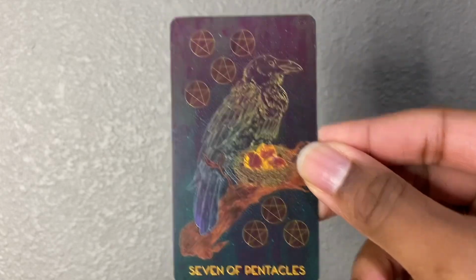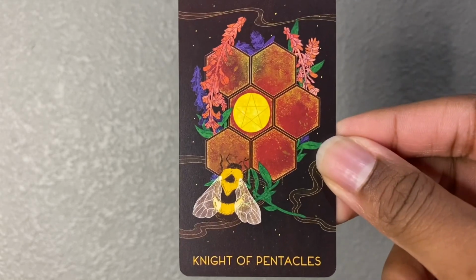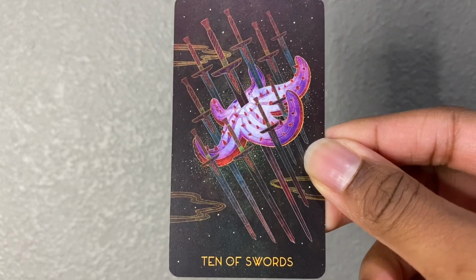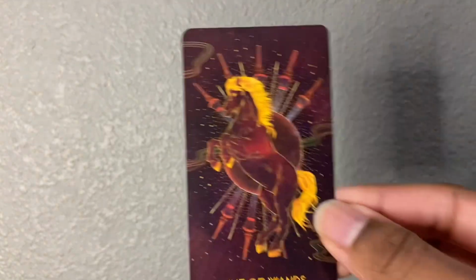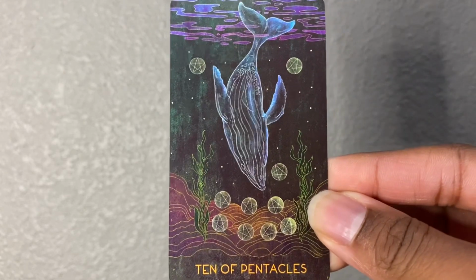Six of Pentacles, Seven of Pentacles, Ten of Wands, Knight of Pentacles, Six of Wands, Ten of Cups, Nine of Cups, Ten of Swords, Ace of Swords, the Lovers, Nine of Wands, the Tower, 10 of Pentacles,